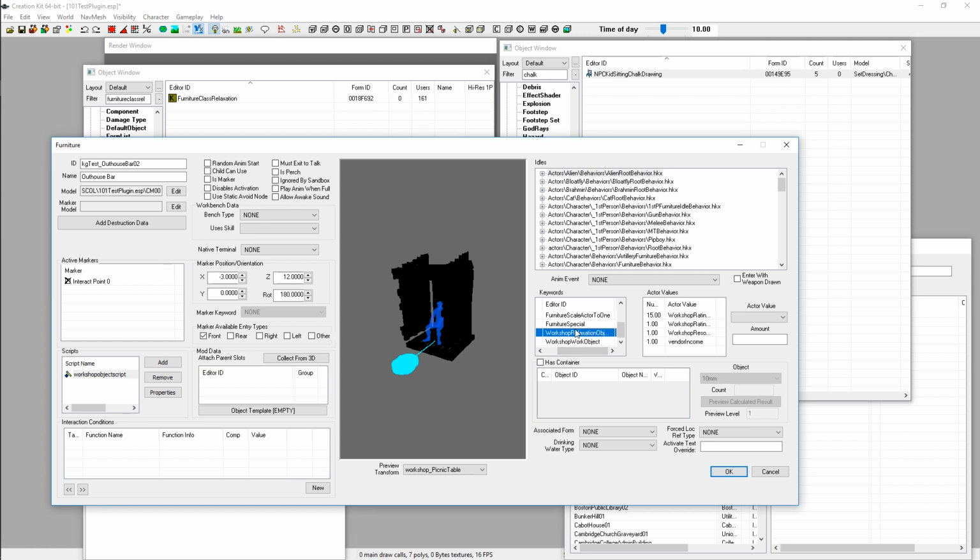All right, the next one is workshop relaxation object, and you might mistake this for the furniture class relaxation, and I wouldn't blame you. I thought they were the same thing for the longest time. What it turns out is that workshop relaxation object is what draws all of the settlers to this particular thing at night. That's why you will find in the evening that most of your settlers hang around at one of your bars, and that's because of this workshop relaxation object keyword. So if you are looking to make a special relaxation object that can draw in NPCs to it in the evening so that they're more likely to not only use it, but just hang around it,